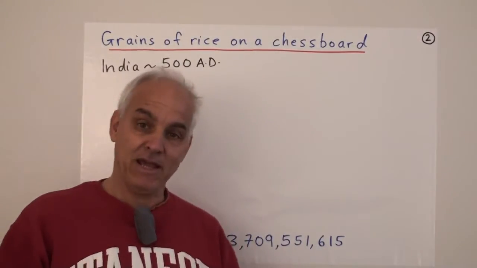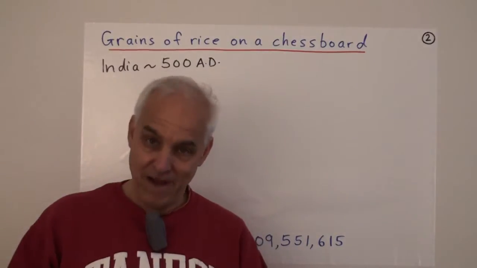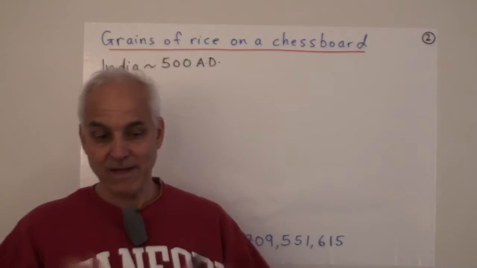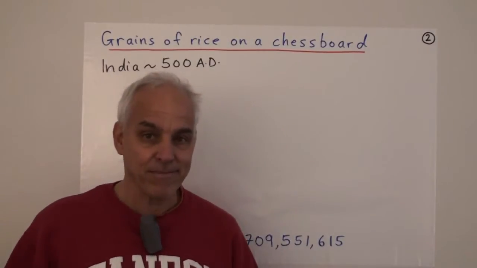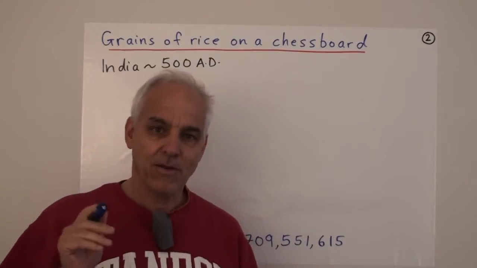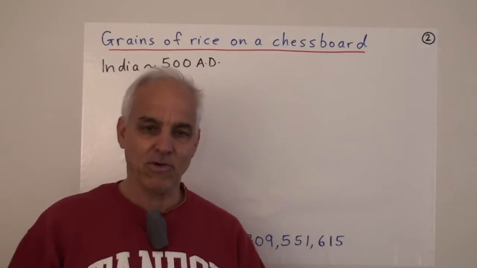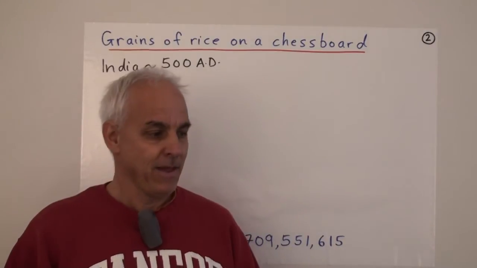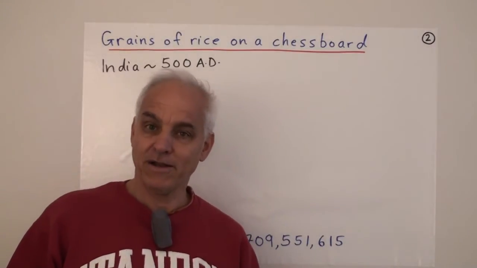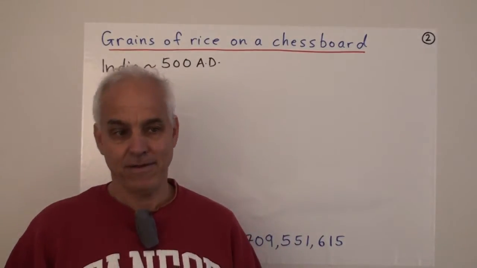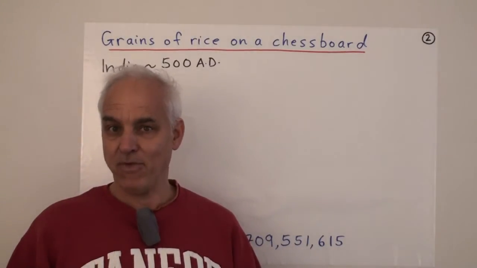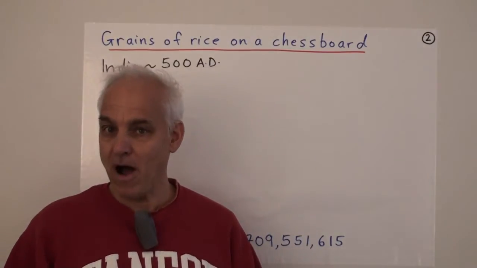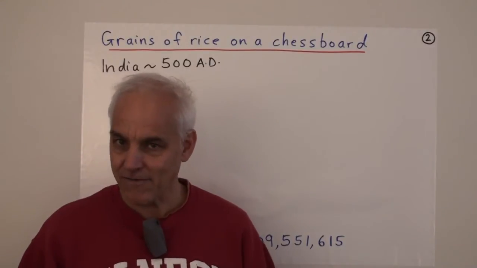And after playing it for a while, he wanted to reward his advisor, and so he brought him in and said, look, this is a fabulous game, it's changed my life. What do you want? Name your reward and I'll give it to you. Well, the advisor thought for a little while, and eventually he came up with a request which baffled the king because it seemed to be so modest. And here is what the advisor asked.